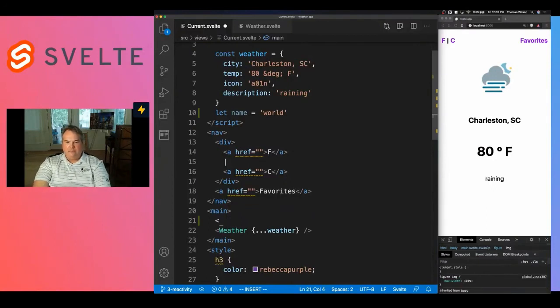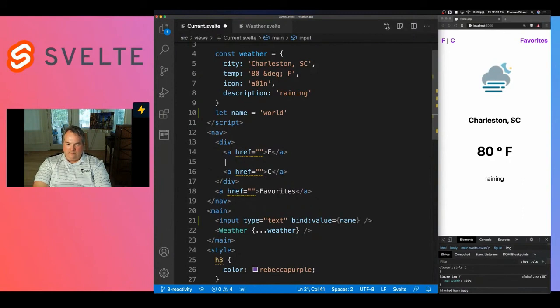So we can bind that to like an input box. This bind directive basically sets the value, and then it listens to an input event, and when the user changes it, it will set the variable. So we can bind value to name,